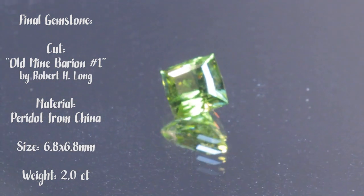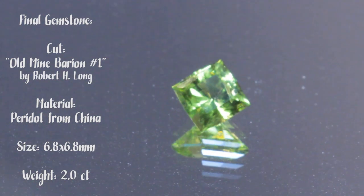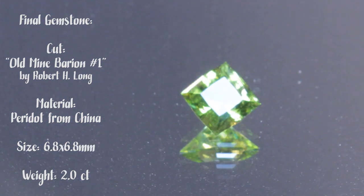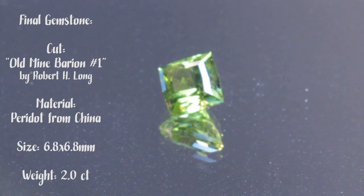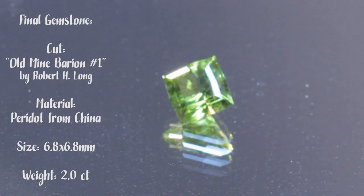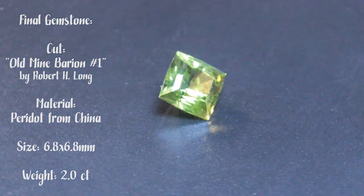I guess I just didn't examine the stone closely enough, because it has internal issues, including the dreaded lily pad-like inclusions. And these internal issues gave me a lot of problems. It takes a lot more time to cut and polish a gemstone Peridot with issues than it does to cut Peridot that's clean. Clean Peridot cuts and polishes beautifully, but again, these lily pad inclusions are a reason that I would recommend that new cutters just avoid purchasing Peridot until you have some cutting experience,